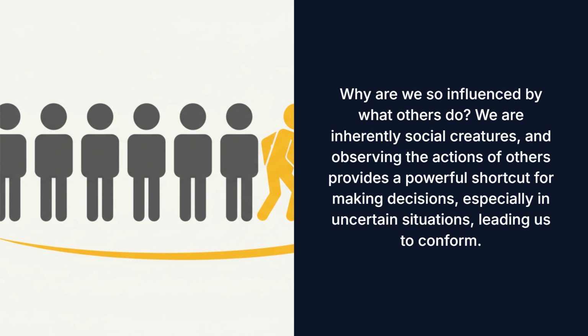Social proof is the psychological phenomenon where people assume the actions of others in an attempt to reflect correct behavior for a given situation. This is why testimonials, reviews, and popularity indicators are so effective. If many people are doing something, we assume it's the right or good thing to do. For example, a restaurant that appears busy is often perceived as better quality than an empty one.